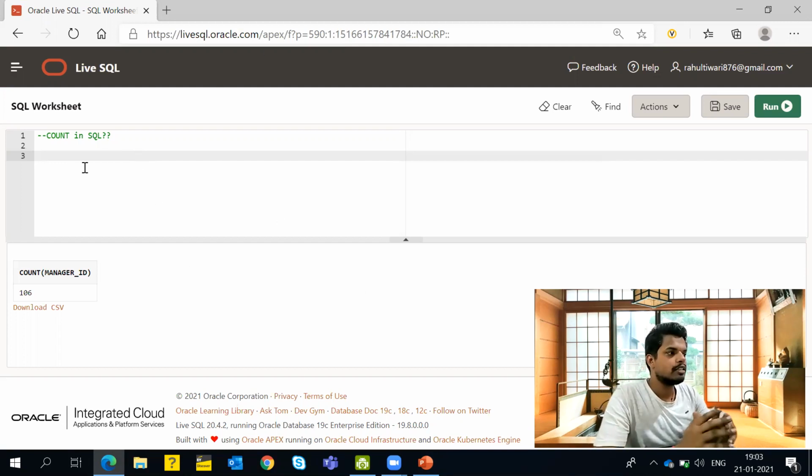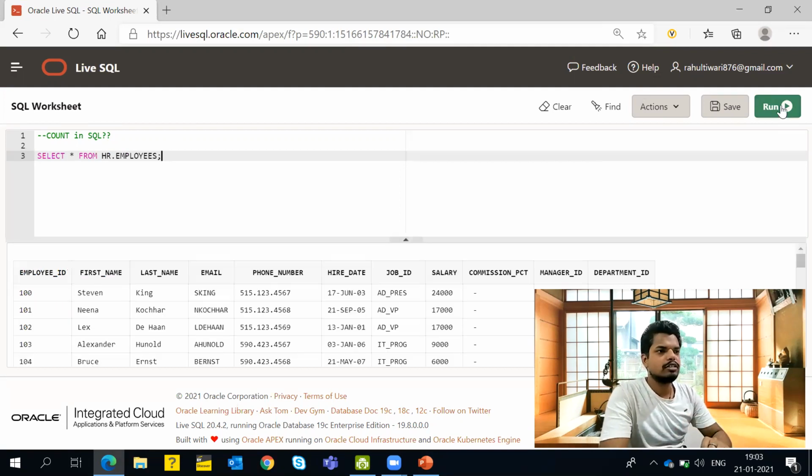If I talk about count in SQL, I will take the previous table only, that is HR.employees, and do a control enter or run. In my previous video I already told you that HR is a predefined schema already stored here.